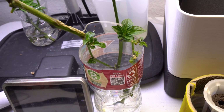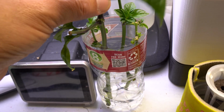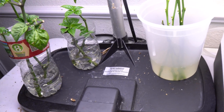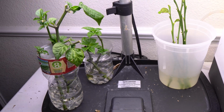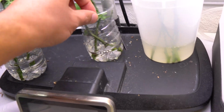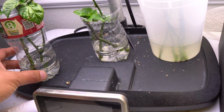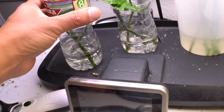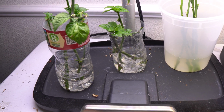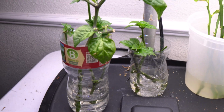And now if you put in hydroponic nutrients, this thing is going to take off and it's going to grow a ton of roots. So if you're growing plants and you decided you really like it and you only grew one and you want more, try this method. It's pretty easy. All you have to do, again, as I mentioned, is take a container of water. It doesn't matter what container it is. Just put water in there, place your cutting in, and then just wait. Sometimes it takes a few weeks, sometimes it takes up to a month and a half. But guarantee, if you put a bunch of branches, one of them will sprout roots,